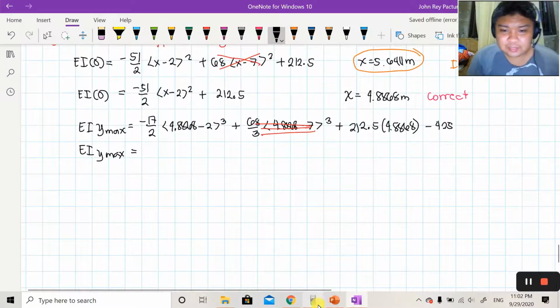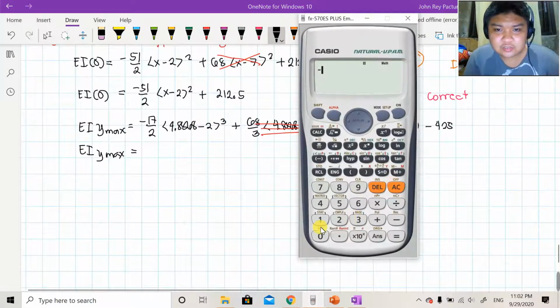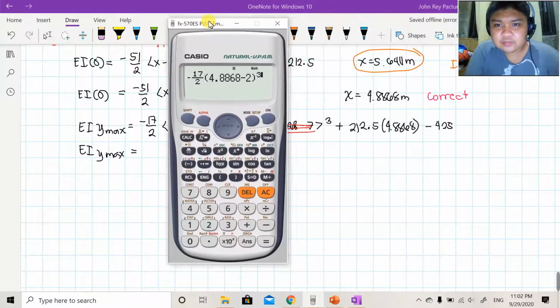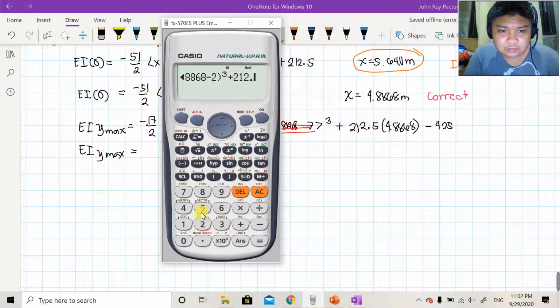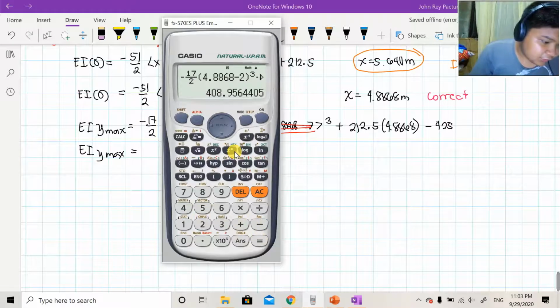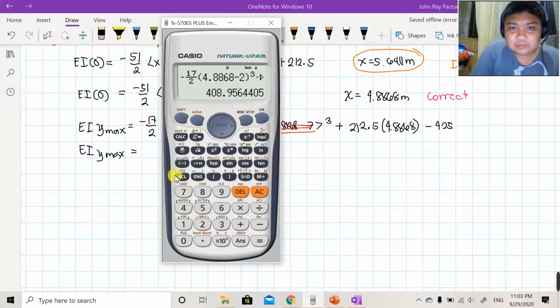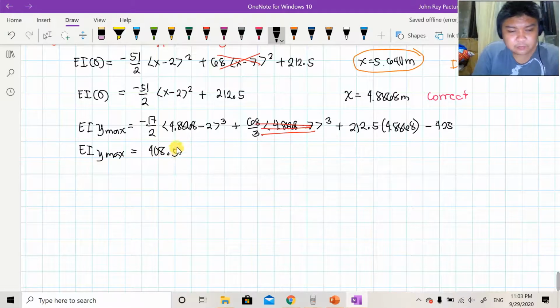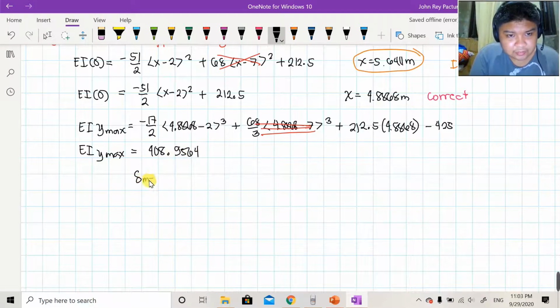So this time, ang mangyayari, computein na nga natin to, back to the discussion, negative 17 over 2, 4.8868 minus 2 na naka-cube, tapos plus 212.5, 4.8868, then minus 425. So, ang sagot is 408.9564. So, positive siya, di ba? 408.9564. Therefore, ang ating delta max, which is Y max, is equal to